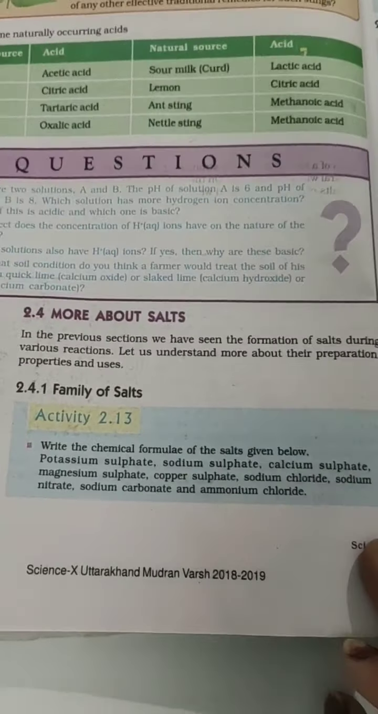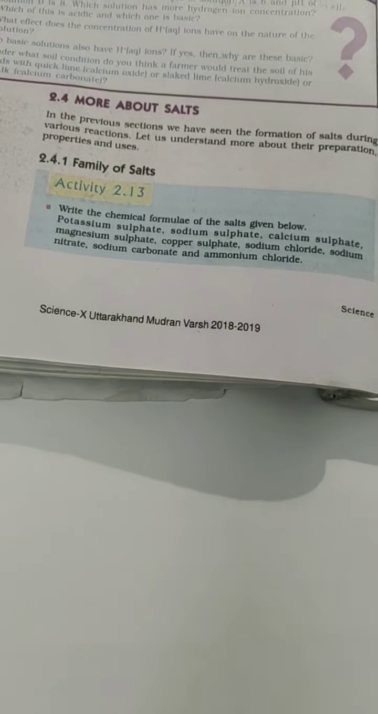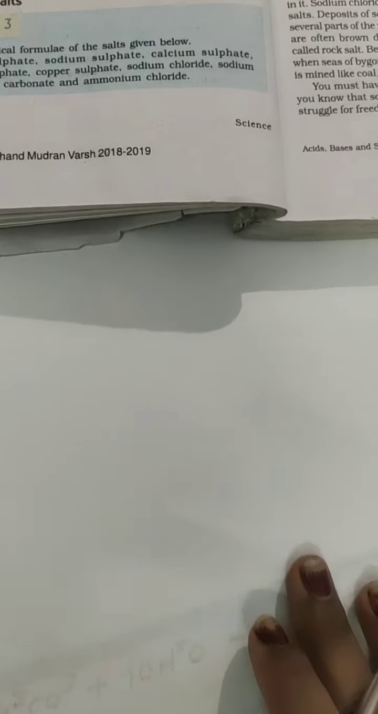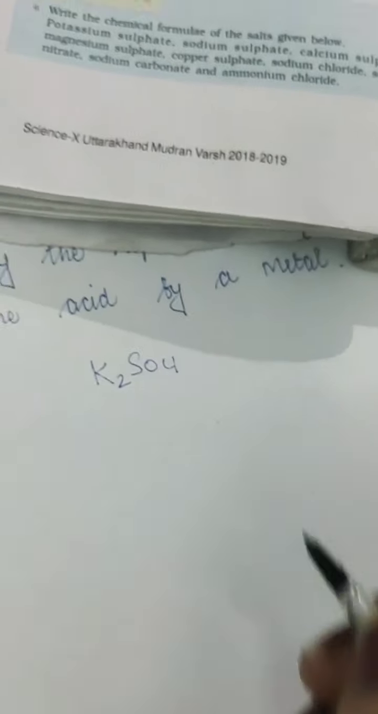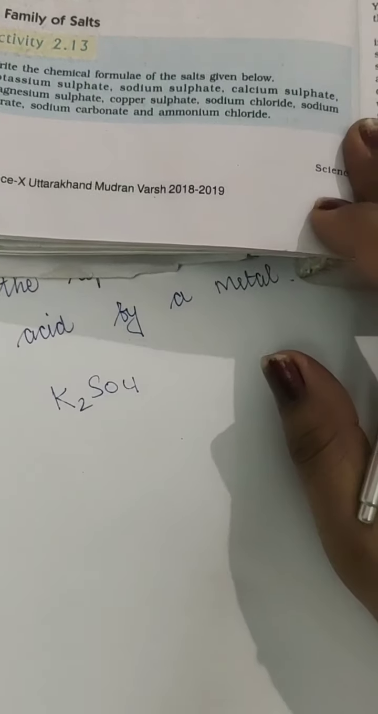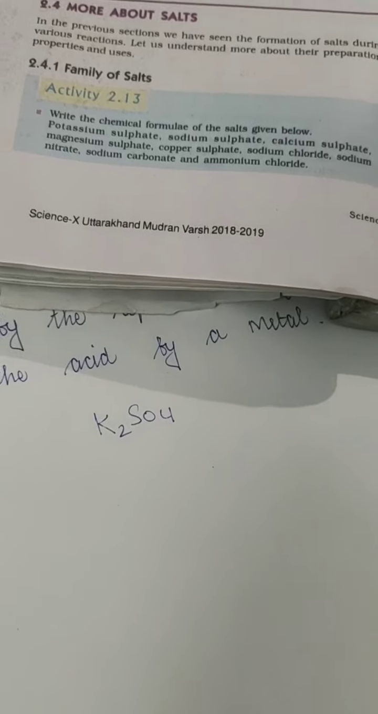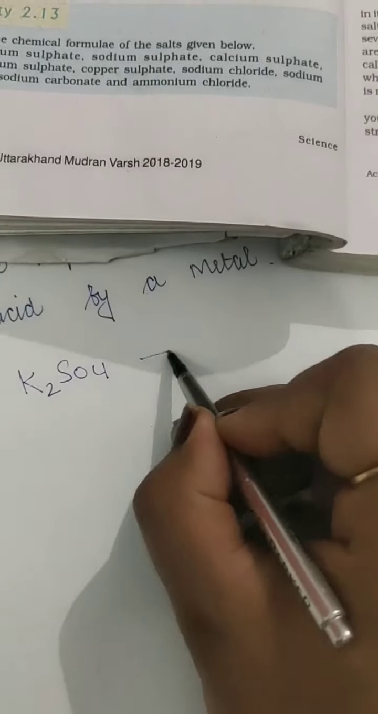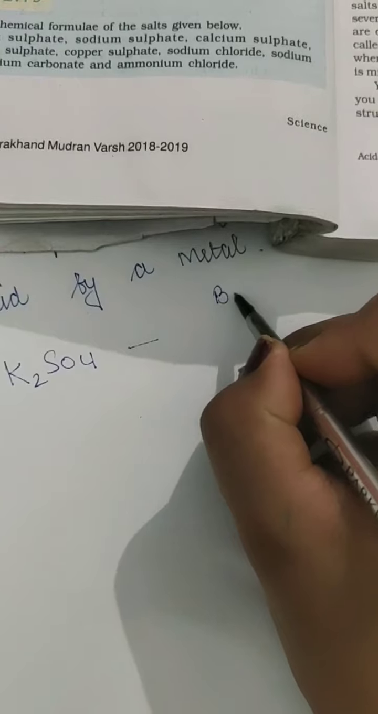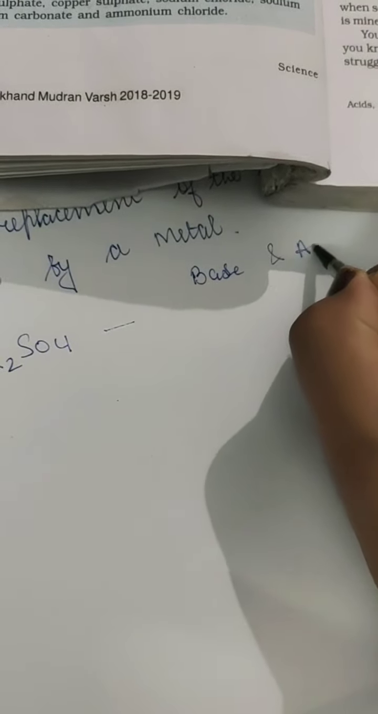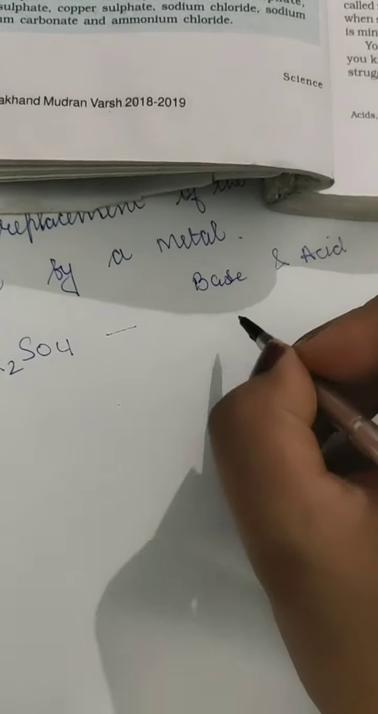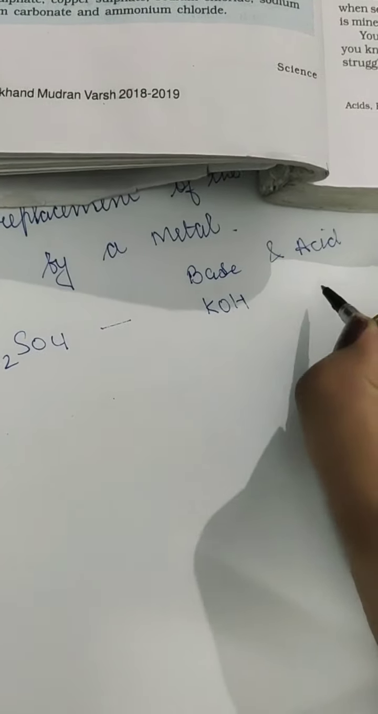Here in your NCERT book, there is an activity with names of different salts, starting with potassium sulfate. Potassium sulfate is K2SO4. There's a question where you have to write the chemical formula, so I'm just helping you out. Salt is only formed when acids react with bases, so this salt has an acid and a base. The base is KOH and the acid is